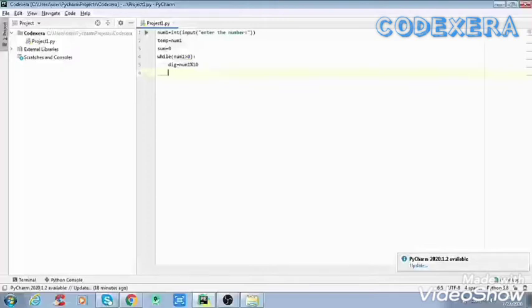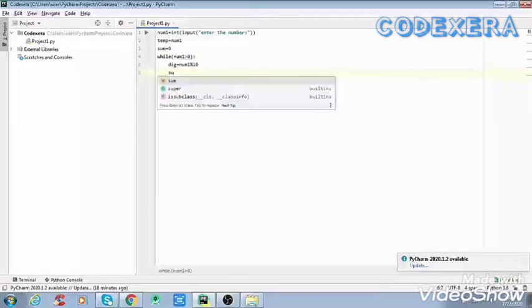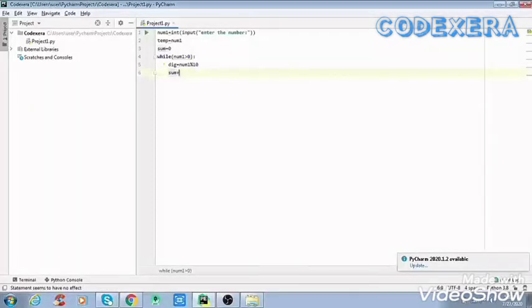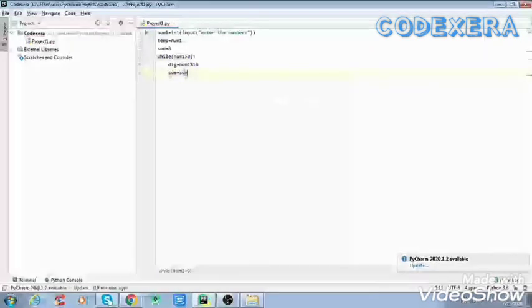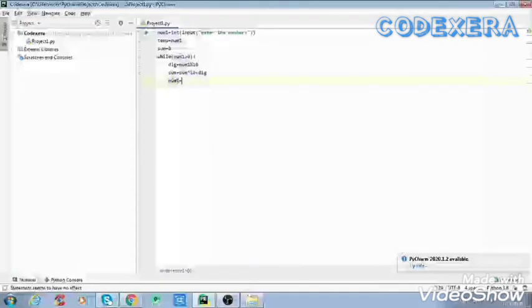After finding the last digit, it is stored at the ones place, then the tens place, and so on. The last digit is then removed by dividing the number. I will show you how, but before that: sum is equal to sum * 10 + digit, and it will go on until num1 is equal to num1 divided by 10.